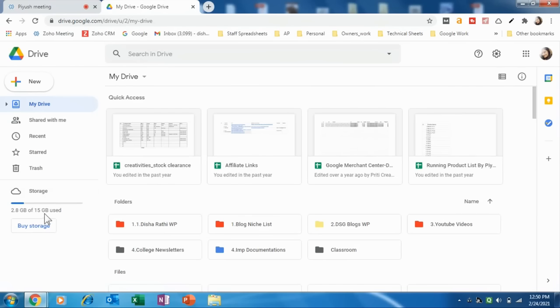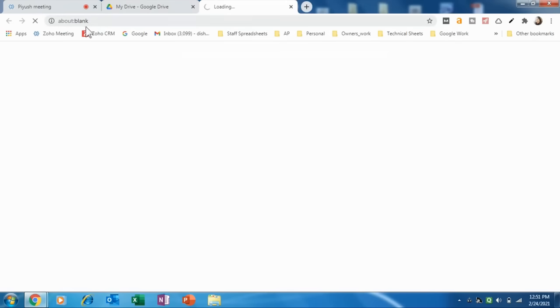Currently I have 15 GB space. Google and Gmail offer a free 15 GB space for all of your things. But if you need more than 15 GB storage, then you have to buy. Just click Buy storage. From here you will be redirected to the storage purchasing options window.